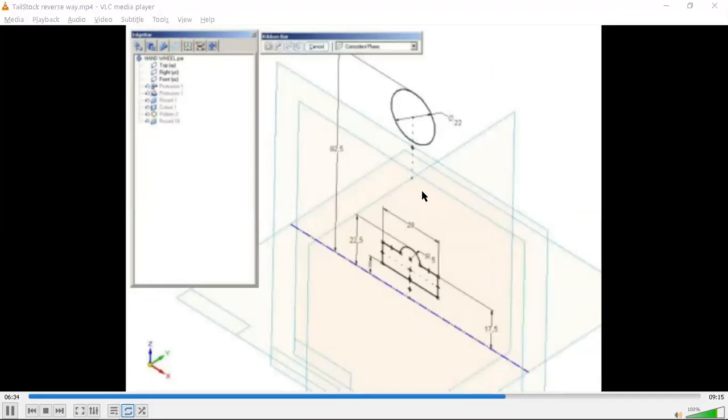So these are the cross sections you have taken from the front view, revolved by 360 degrees, with the revolve protrusion command.